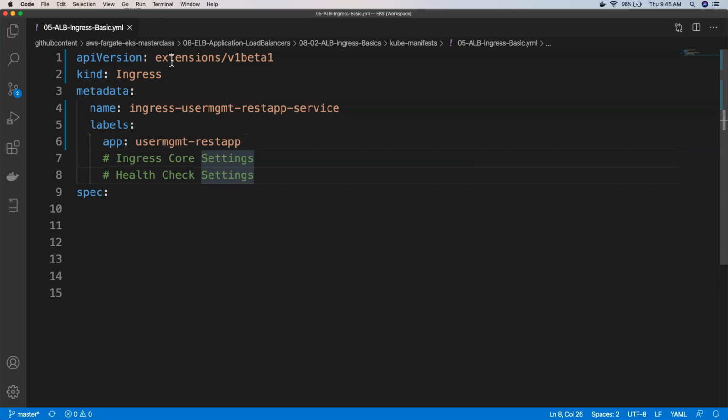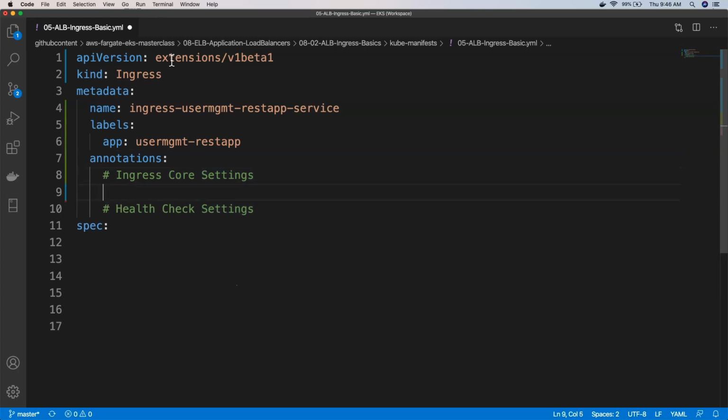Okay, and one more we are going to have as part of this, which is nothing but name, labels, and now annotations. Okay, so in this entire Kubernetes Ingress manifest, most of the stuff we deal with is annotations only. So that's the reason we'll have one more section called annotations. And under the spec, we'll start defining our core load balancer functionality, which is nothing but rules, right? So for /* where it should go, which target it needs to associate, or for /app1 which target it needs to associate, all will be defined under spec. So first thing is, let's come back to annotations and then define the Ingress core annotations.